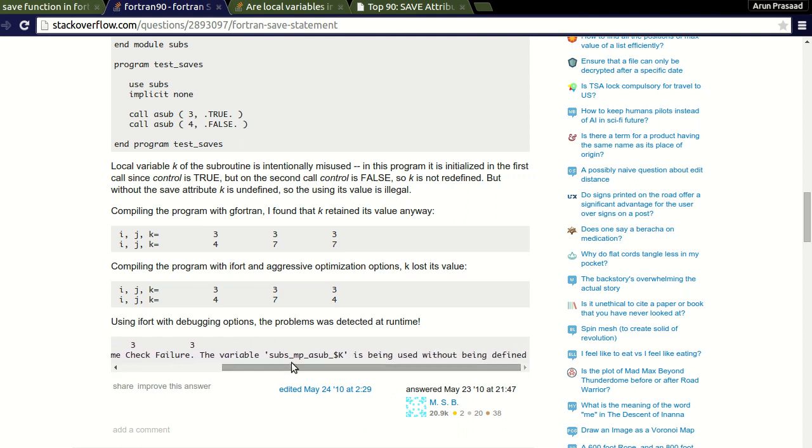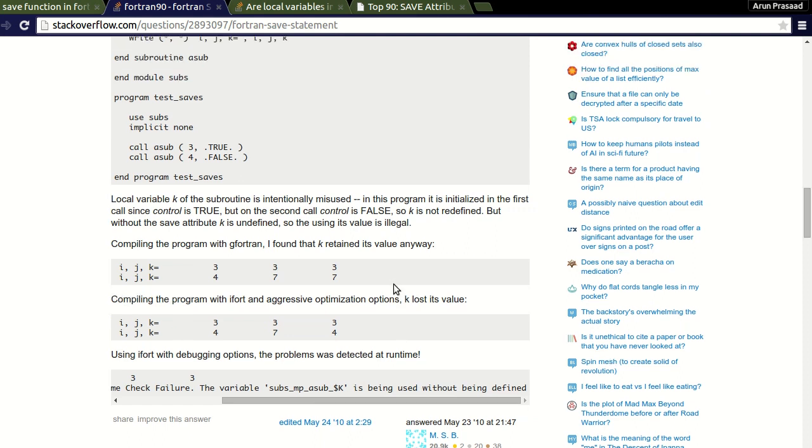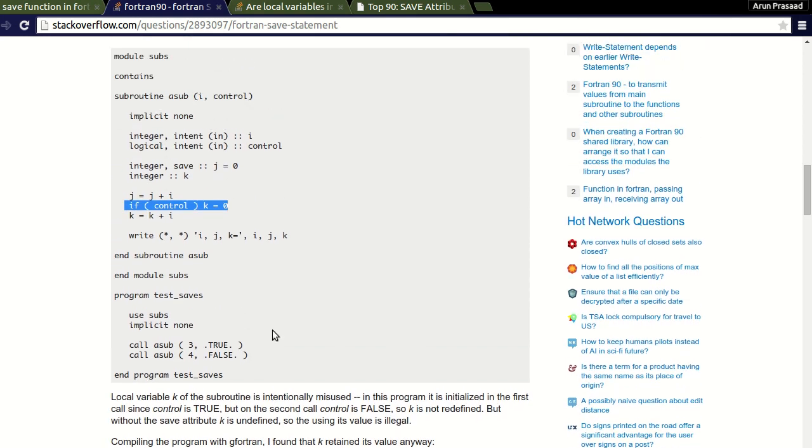The variable subs_mp_a_sub_$k something, meaning, if you look at it, this subs mp is nothing but, let's see,